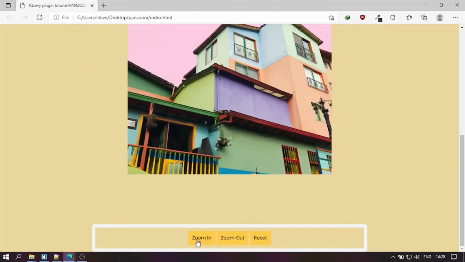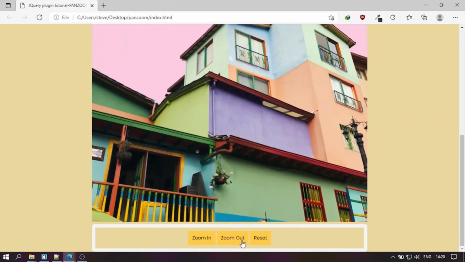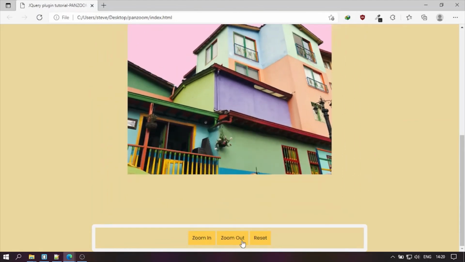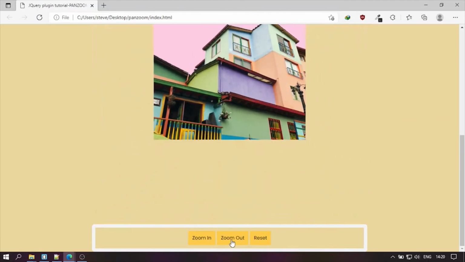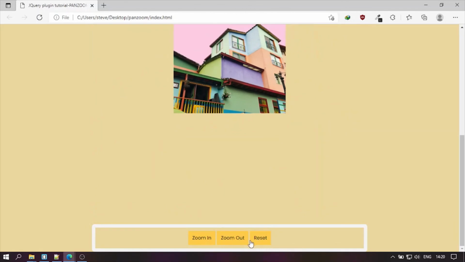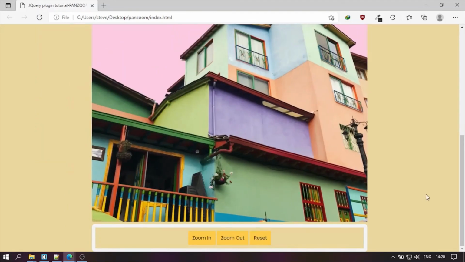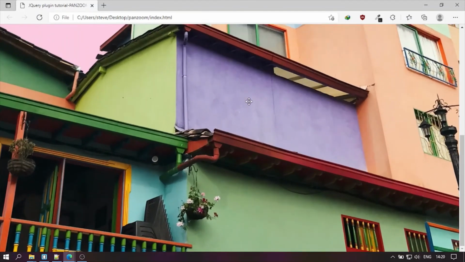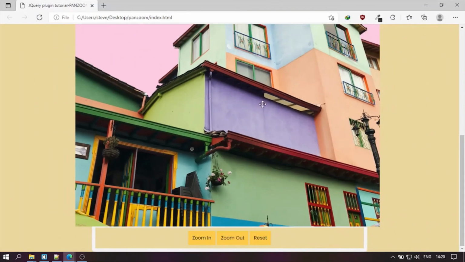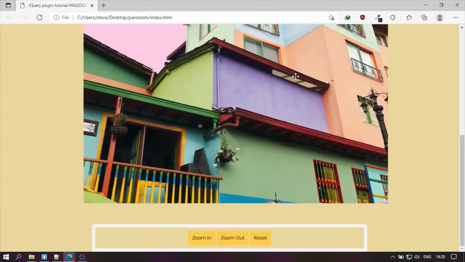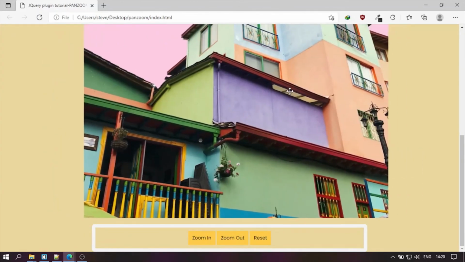As you can see, we have zoom in and zoom out events with button clicks, and after zooming in and out, we can reset the image to the main position. We also have zoom in and zoom out with the help of the mouse wheel, and we can drag this image anywhere inside the screen.